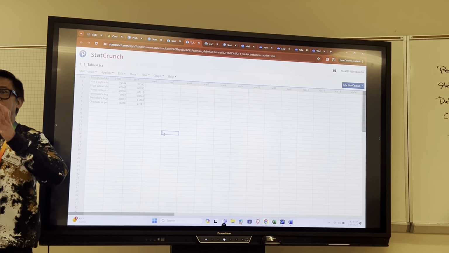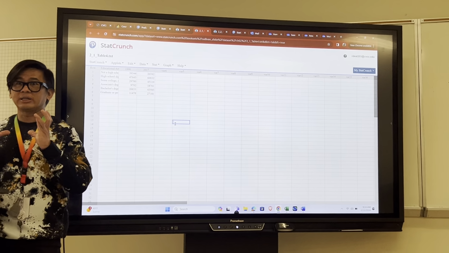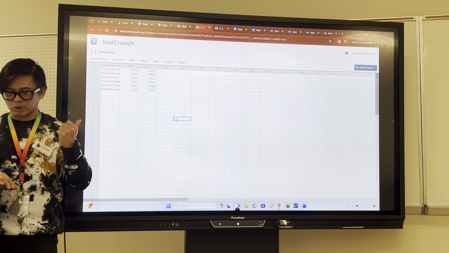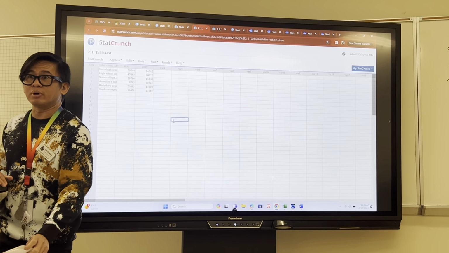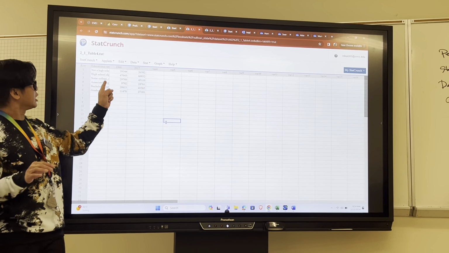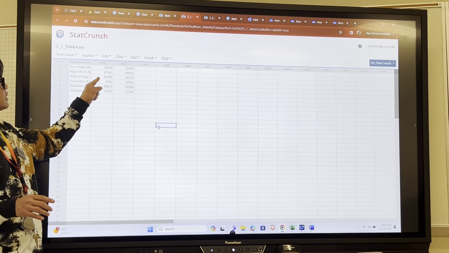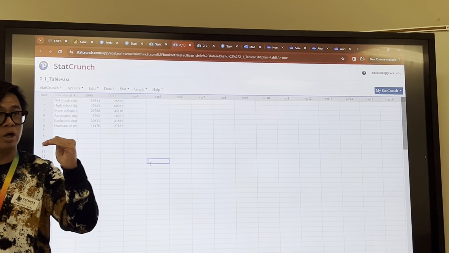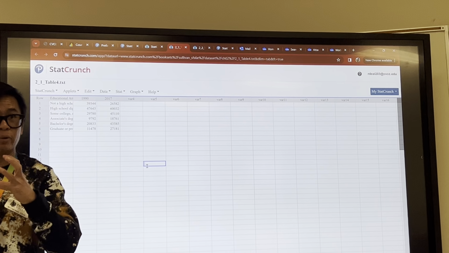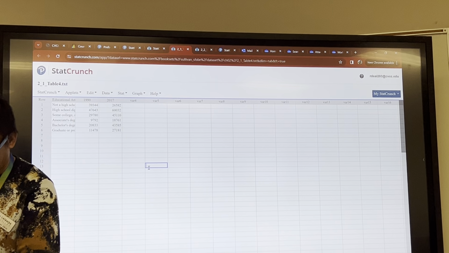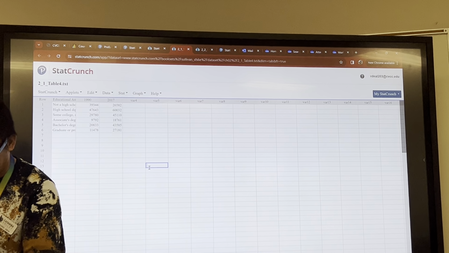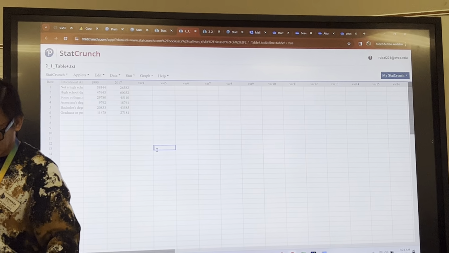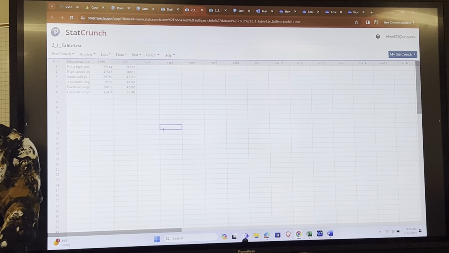In this case, a while ago it was our raw data, right? But this time this is already what we call summarized data, simply because each of those categories already has the sum of all the frequency for each of those years. A while ago it was raw. This time it's already a summarized way of presenting it. Now how do we do this one? So here it is. Let's create first a